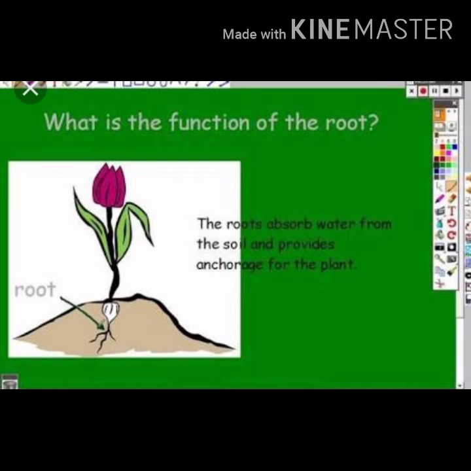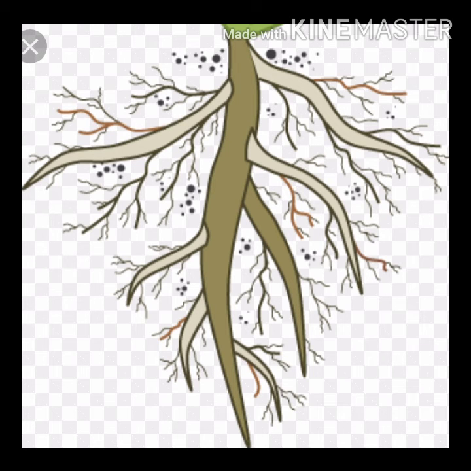Among roots also we can see differences. The root systems of all plants are not alike. On page number 59, figure 7.17, you can see two types of root system. One is the tap root system and the other is the fibrous root system. When we germinated some seeds of gram or green gram, we could see that the roots appear somewhat thick.